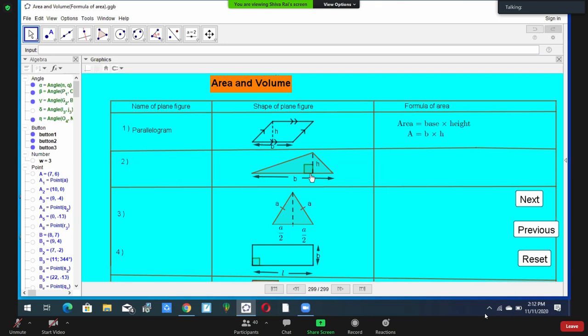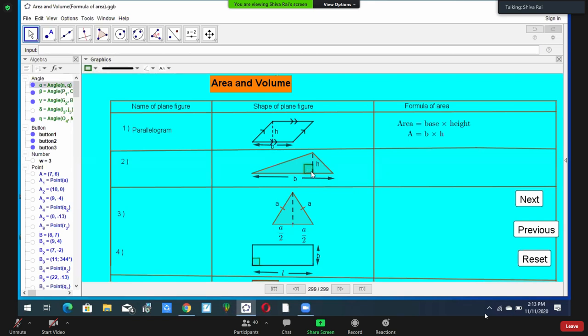Next, you look here, number 2. What's this? Tell me. Scalene triangle? Yeah, just say triangle. Triangle, you look here, this side is base. And here also height. On the base, the perpendicular is drawn from this vertex. So it is height. If it is not perpendicular, it is not height.